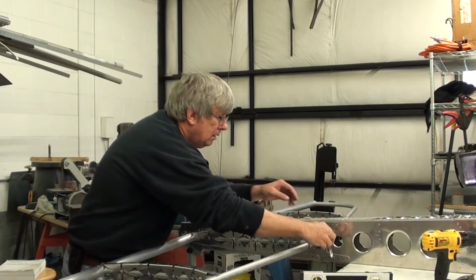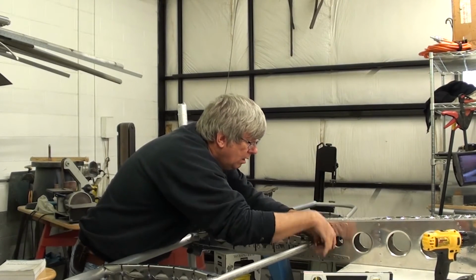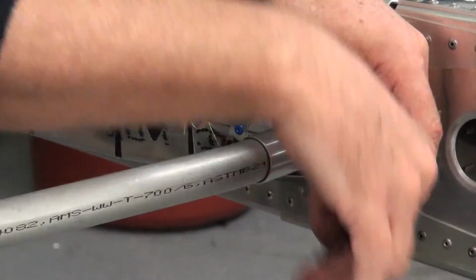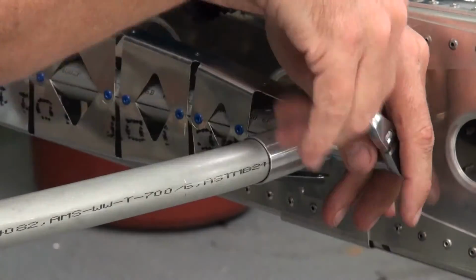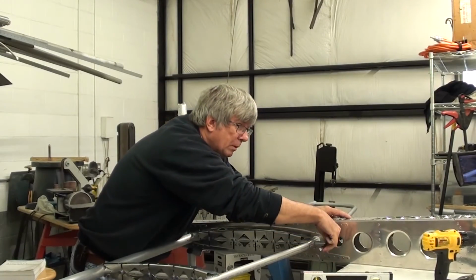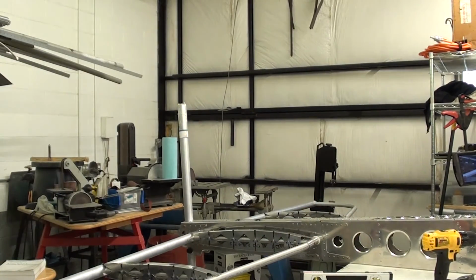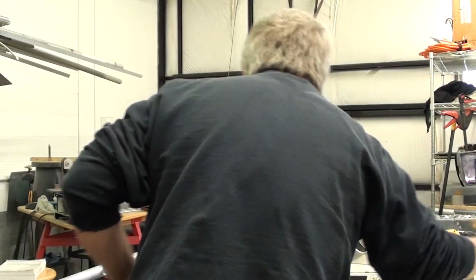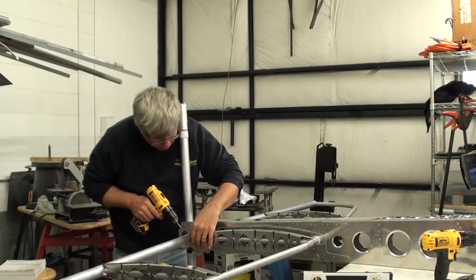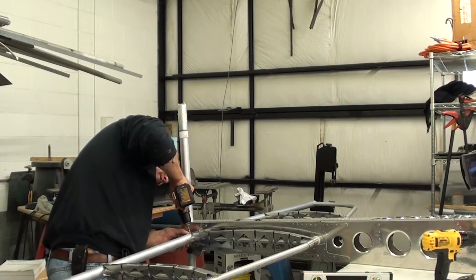Leading edge. And just snug. Remember, these are round tubes. We don't want to collapse the tube, so they should just be snug. Next, this is now permanently installed, so I'm going to take the extension tab on this and